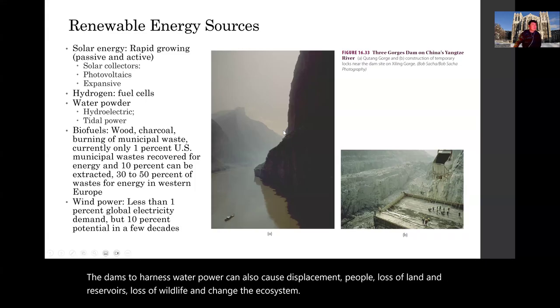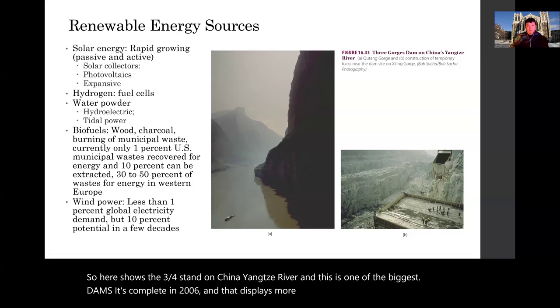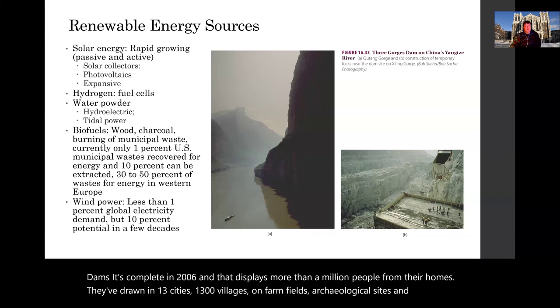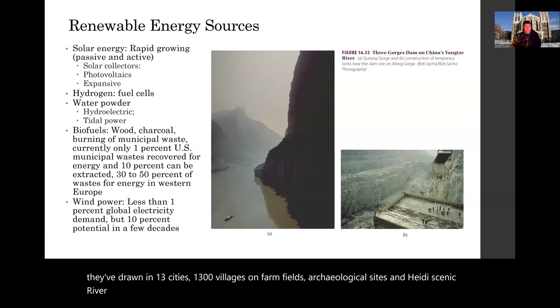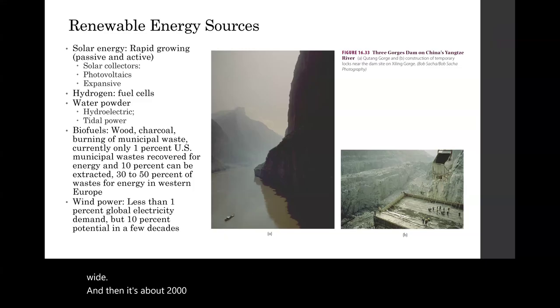Here is the Three Gorges Dam on China's Yangtze River, one of the biggest dams. It was completed in 2006 and displaced more than 1 million people from their homes. It drowned 13 cities, 1,300 villages, farm fields, archaeological sites, and highly scenic river gorges. The dam is about 200 meters high and more than 1.6 kilometers wide. It took several years to fill, around 2010, producing a reservoir